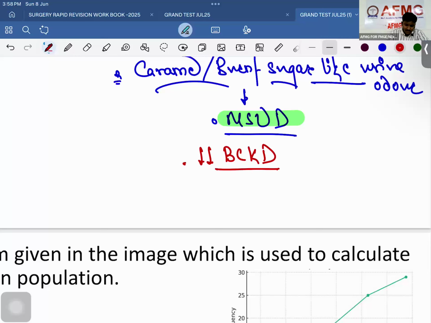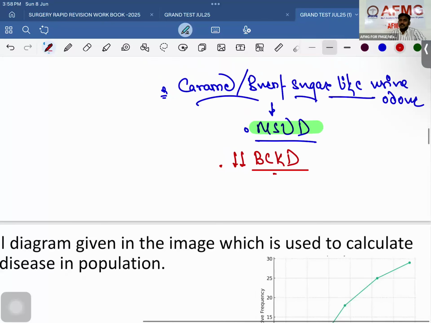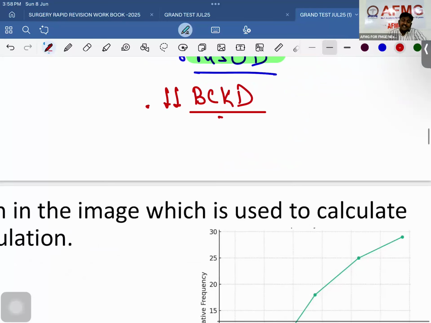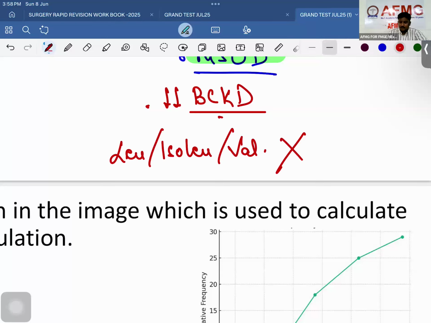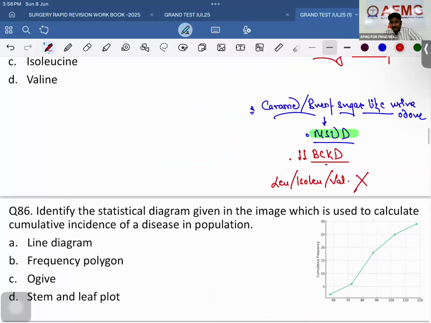BCKD, that is branch chain alpha keto acid dehydrogenase or decarboxylase. So branch chain alpha keto acid dehydrogenase is deficient in patients of MSUD beta. And in this condition, there is a defective metabolism of which amino acid? All the three branch chain amino acids. All the three branch chain amino acids का मतलब leucine, isoleucine and valine. तीनों का मेटाबॉलिज्म खराब होता है बेटा इन अ केस ऑफ मेपल सिरप यूरिन डिसीज. क्लियर है बात? चलो,